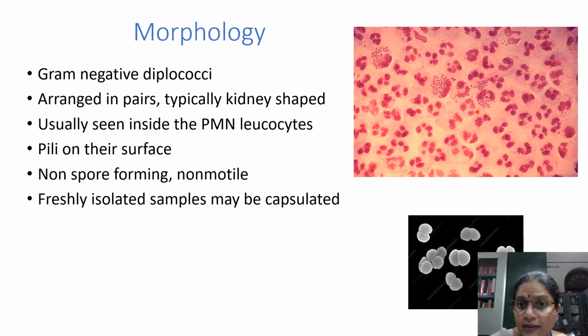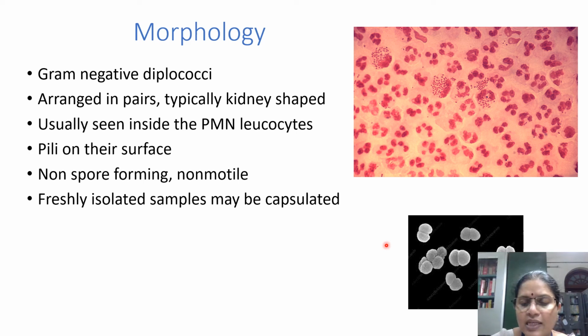Fine. And in these neutrophil cells, what you are seeing like dots, very small pink color dots, these are actually the diplococci I am talking about. Neisseria gonorrhoeae appears as dots inside the neutrophils. When you enlarge this and look, you are going to see it like this, diplococci arranged in pairs. Fine, I hope you have understood.